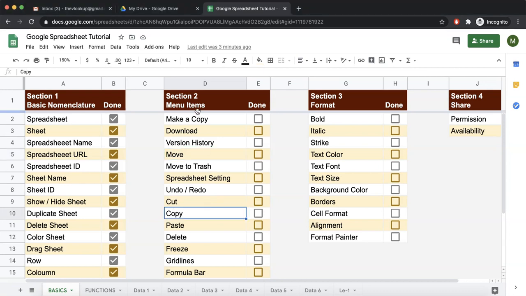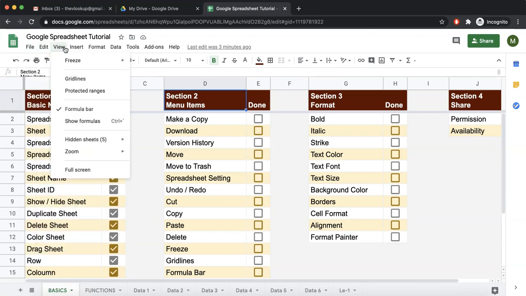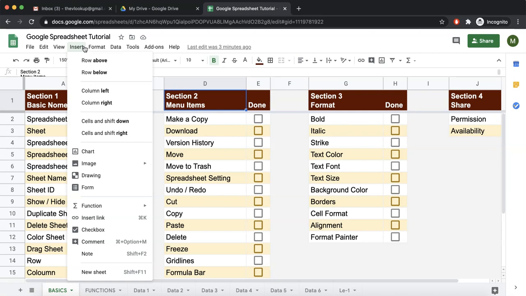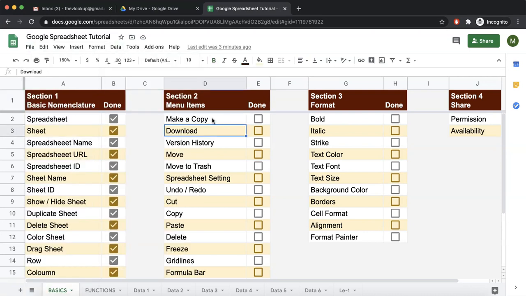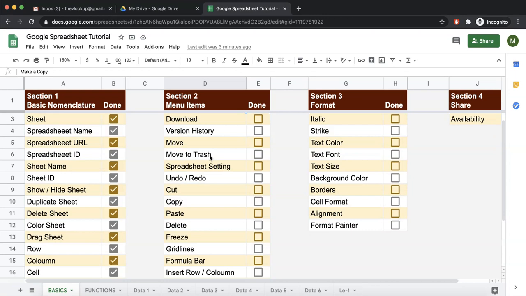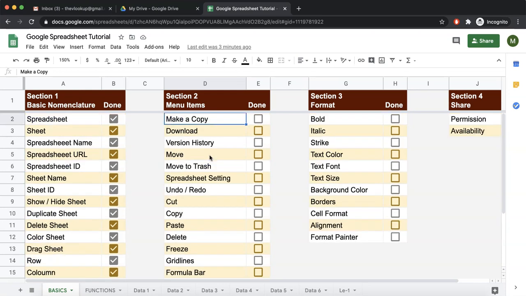Next, we have in our list the menu items, which is section 2 of the basics. Now, there are a lot of items in the menu, and we are not going to cover all of them right now, but by the time you have completed this course, you would have known what exactly all of them are doing. So let us start with the first that I have in the list, because I've just collected the important ones so that we cover them at once, and then the rest of them we can keep doing during the course. So first is make a copy.